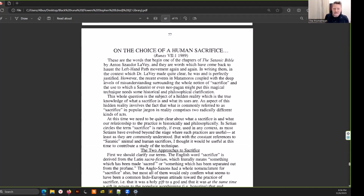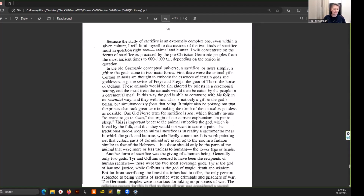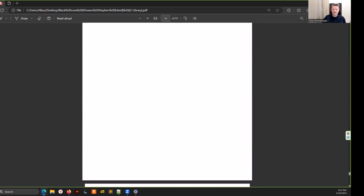The difference to understand is that the meaning of the word sacrifice in Latin means sacrificium, something which has been made sacred or something which has been separated out from the profane. There is supposedly a choice in doing so, and I'll leave it at that because you can go deeper into this. They kind of want to say it's okay to do what they do because it's not so bad. Okay, so